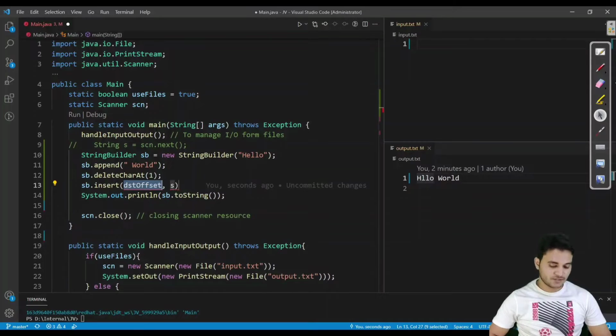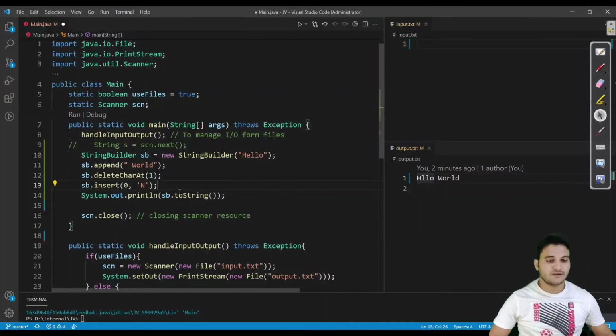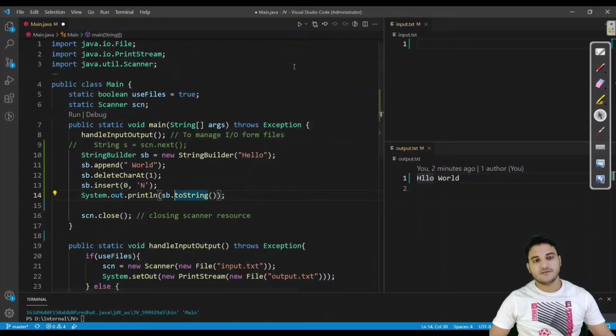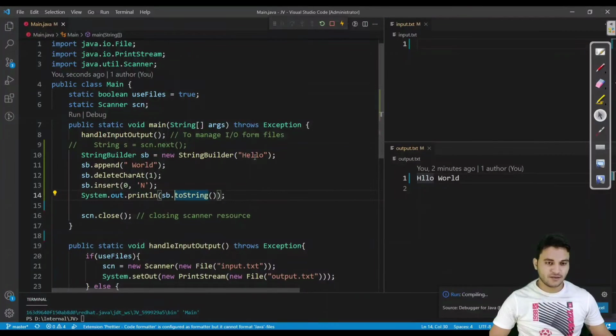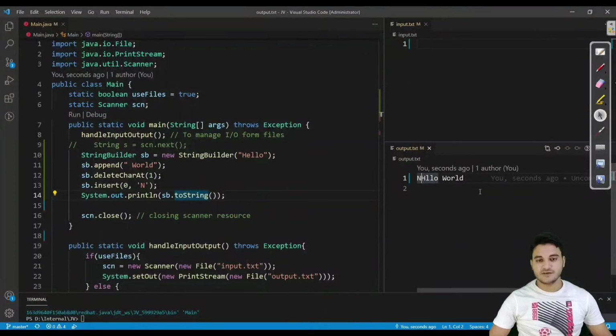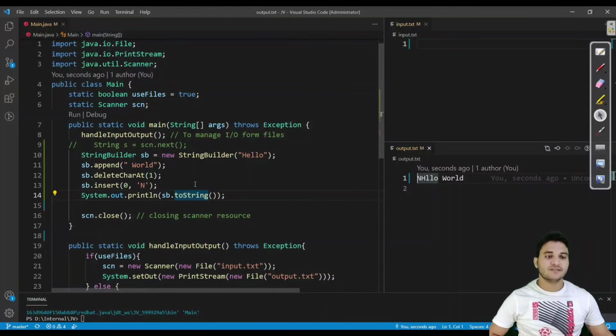I want to insert, at the 0th place, n. We should be able to get NBELLO like this. As you can see, we are getting the correct output. So these are all the methods in this StringBuilder.